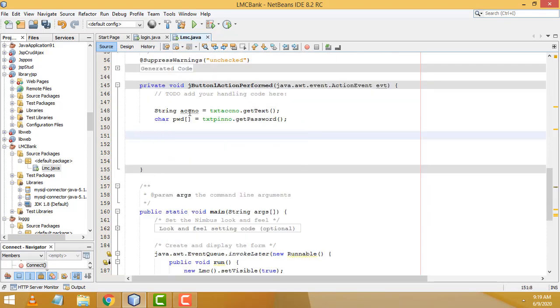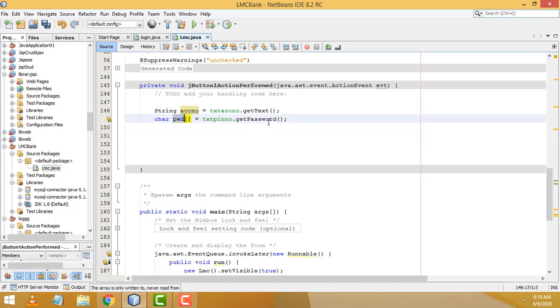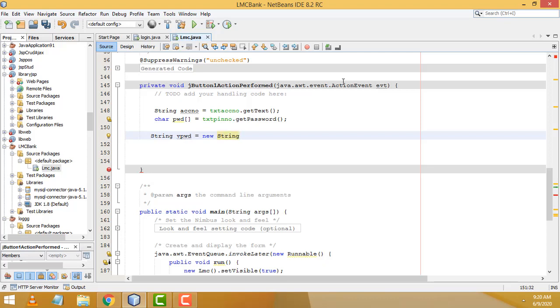Now here, what I am going to do is remove this one. This is for more security purposes we are using here, right? If you are passing to the relevant variable as a string like this, it's not secure. What is the password you give here? It should be more secure. So after that, we have to make it a string. Second step, String, we have to create the variable pwd. Here we have to use new String. When you are doing a banking application, it's for more security, right? We have to put it here. That's the thing we have to do.